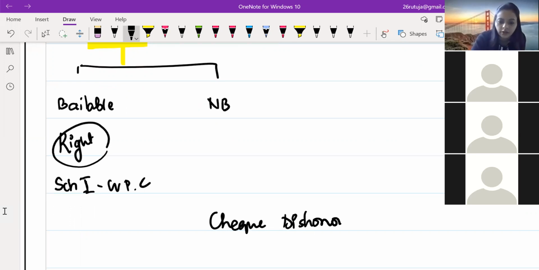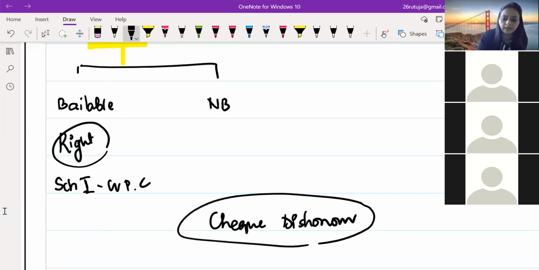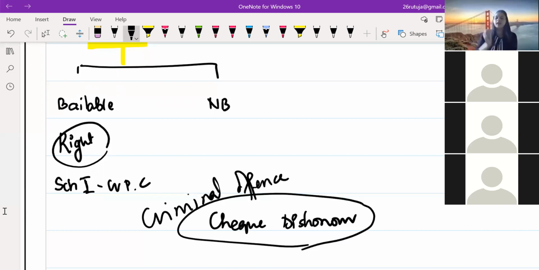Can you tell me this is going to be which offense, civil or criminal? Criminal. Civil. Cheque dishonor. ओके, तो काफी लोगों को ये पता ही नहीं होता है कि चेक देना और उसको डिसऑनर करना is a criminal offense in India as of today. फ्यूचर पता नहीं, चेंज हो जाएगा. As of now it is a criminal offense and it is bailable. बेलेबल मतलब आपको पुलिस आके अरेस्ट भी कर लेती है तो आप बेल लेके वापस बाहर आ सकते हो. But an offense like murder, okay, an offense like murder is not bailable.